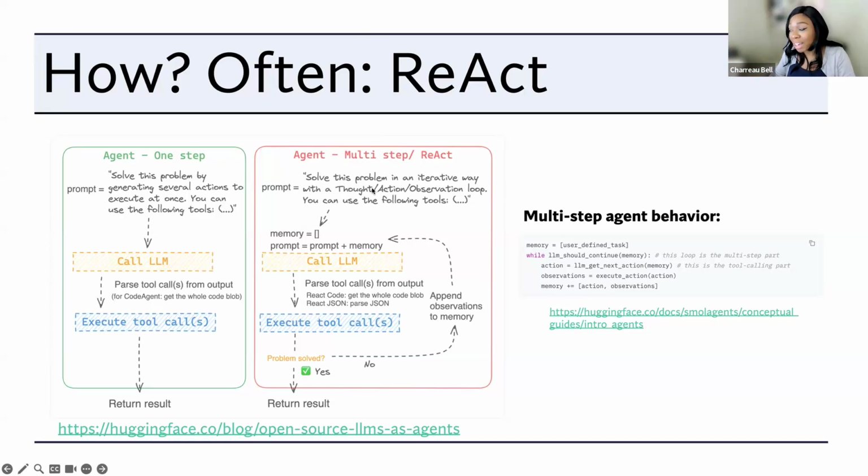So we might have a different kind of prompt. Like this one, you see that this prompt is talking about a thought, action, observation loop. Interesting. We'll get to what that is, but we see that we are now using that memory, or depending how you want to implement it, we're using that memory. We are going to add information. I mean, we're going to put the prompt into the LLM, but because it's a loop, we're going to start appending things. We'll get back to that. We're going to put this prompt into the LLM.